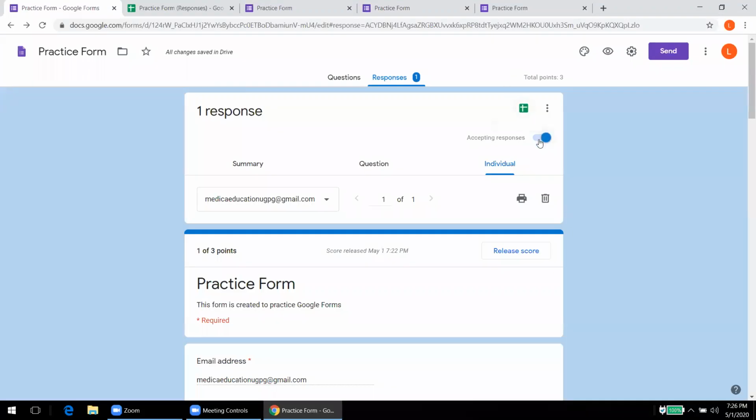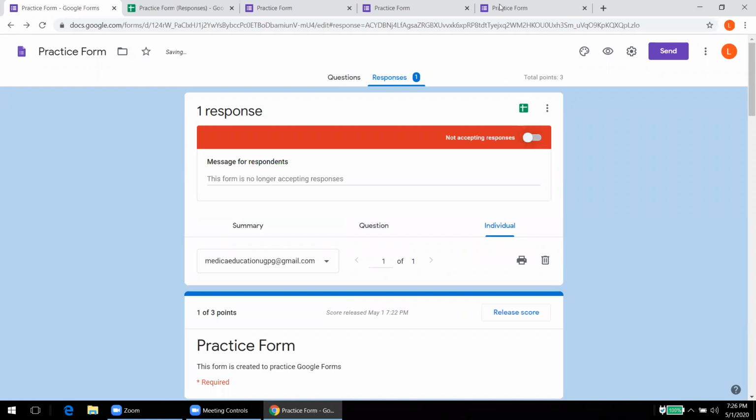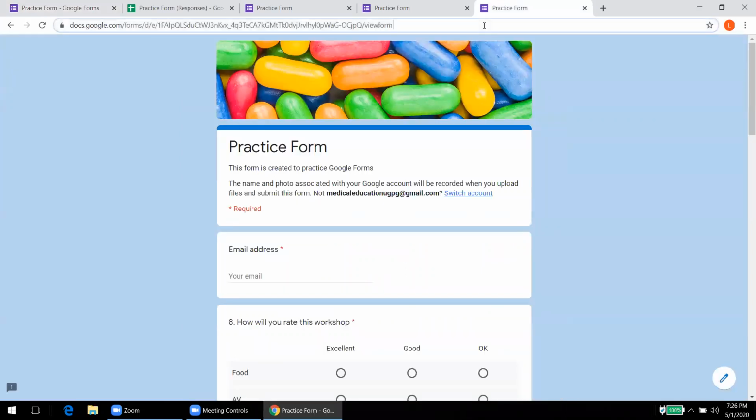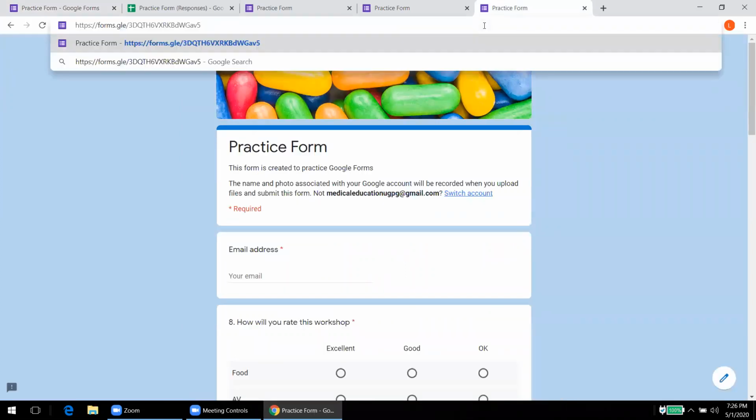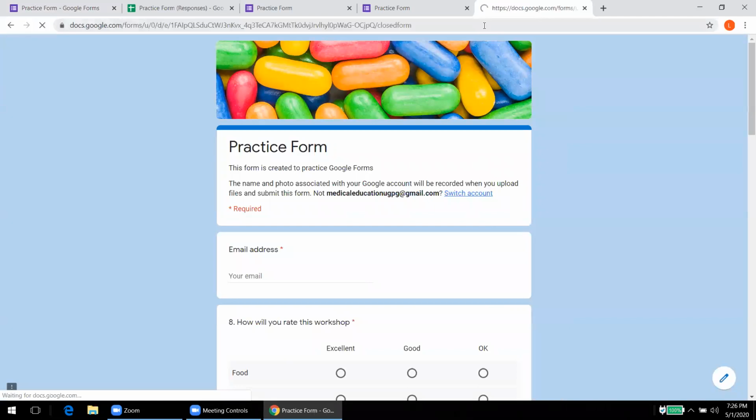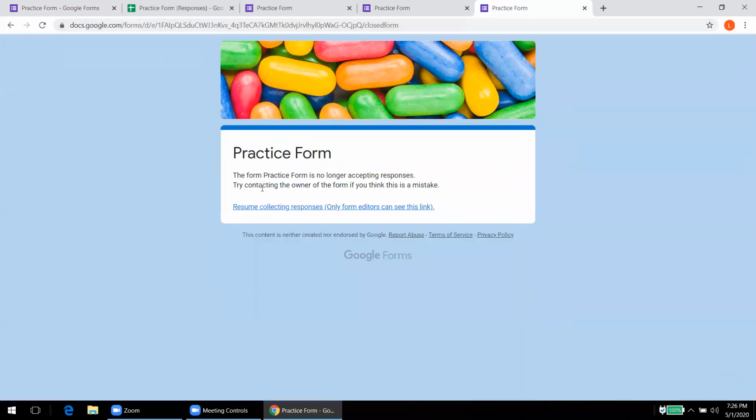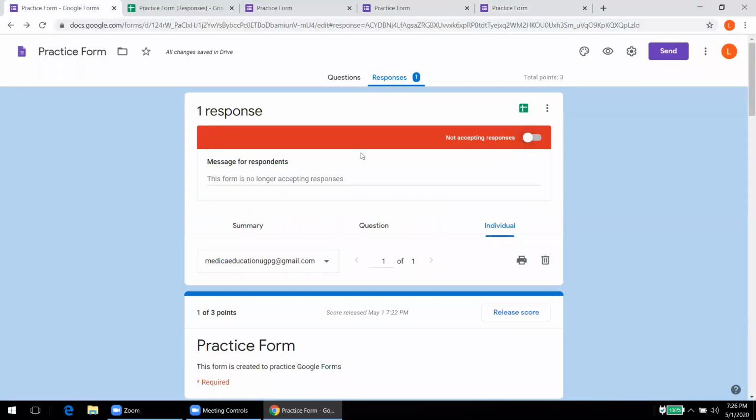Now, if suppose I stop accepting the responses and the student opens this link, then he will get the message that the practice form is no longer accepting responses. So that is how we can limit the time duration of our test. That is, after 2 hours, for example, nobody can respond to this test.